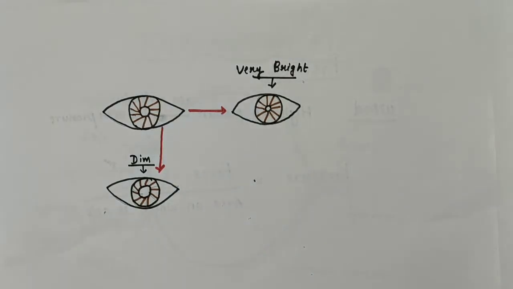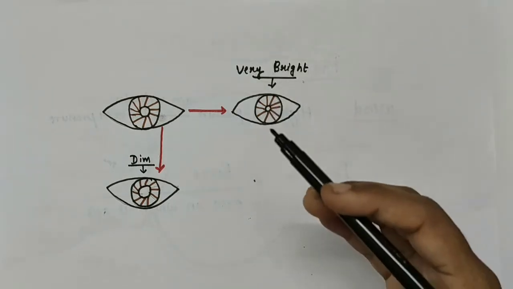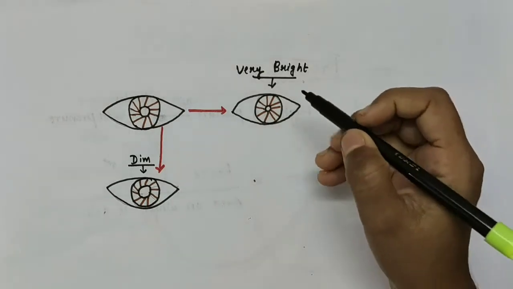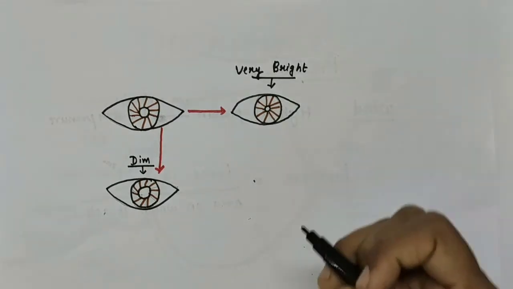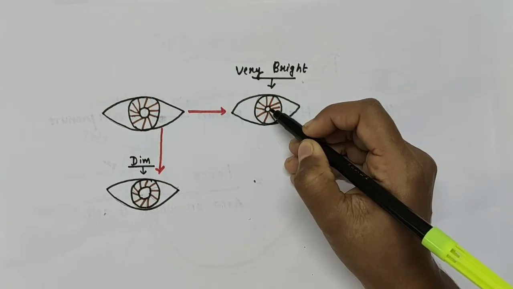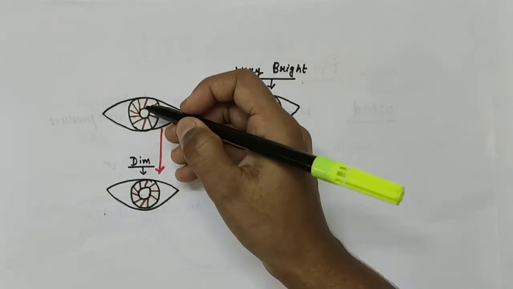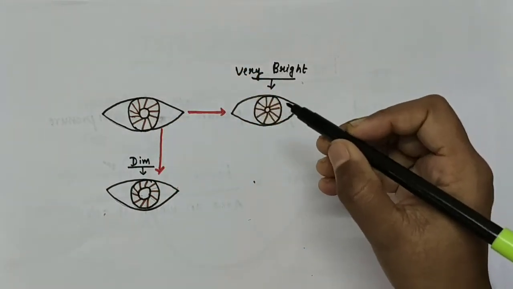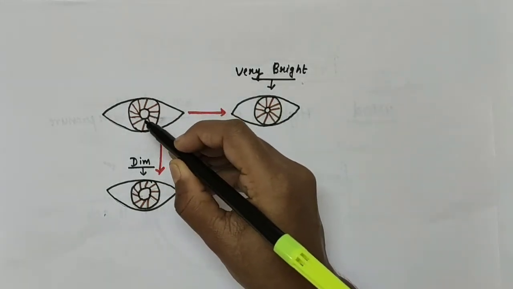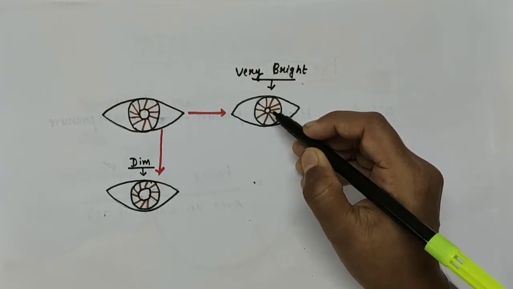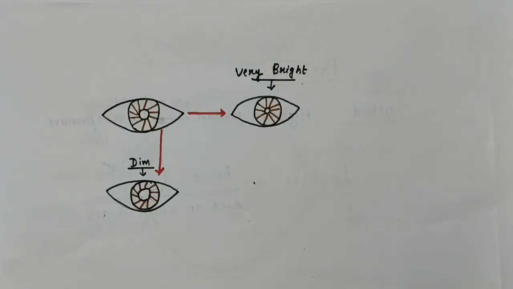That is, when the light outside is very bright, for example, when you try to look at the sky during a bright sunny day, the iris contracts the pupil to allow less light to enter the eye. That is, at that time, the size of the pupil decreases like this. You see the normal size of the pupil, and when you are looking at the sky during a very bright sunny day, then what happens? The size of the pupil decreases. So you see the size of the pupil for a normal eye here and the size of the pupil here. If it doesn't, that can lead to some damage to the functioning of the eye.